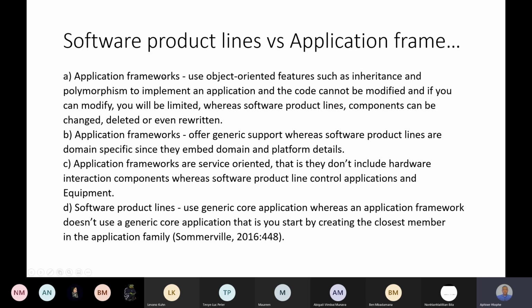Okay, so the first one is application frameworks use object-oriented features such as inheritance and polymorphism to implement an application, and the code cannot be modified. And if you can modify, you'll be limited in what you can do with the code. Whereas software product line components can be changed, deleted, or even rewritten. Okay, most of the time, application frameworks are plug and play, and there's not much of a need for